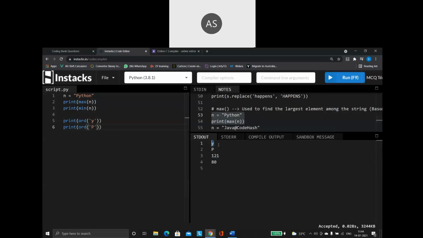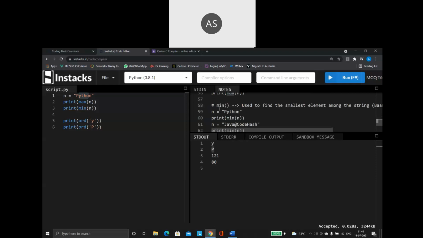So y. ASCII value of y is 121. Okay, so what is the minimum ASCII character here? Which is nothing but the space character. So that is how your min and max function will be working. So always remember, min and max function will give us the values based on the ASCII.